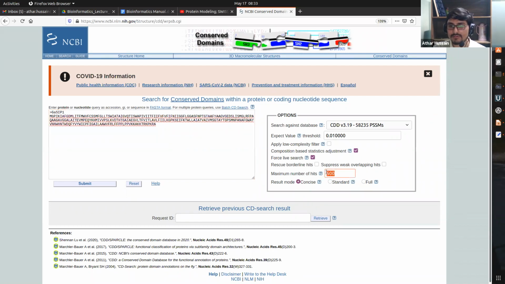So then maximum number of hits, this is the maximum number of hits, how many hits should be there, maximum number। सो रिजल्ट शुड बी कंसाइज, स्टैंडर्ड, फुल, ये कंसाइज होना चाहिए, ठीक है, जितना हो सके कंसाइज। रिजल्ट आने के बाद हम इसको स्टैंडर्ड लेवल पे भी देख सकते हैं और फुल पेज ओपन करके भी देख सकते हैं, हम आगे देखेंगे इसके बाद रिजल्ट के बाद। सो जस्ट क्लिक ऑन दिस।